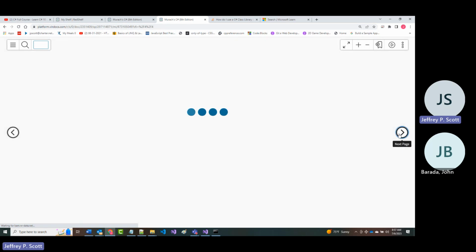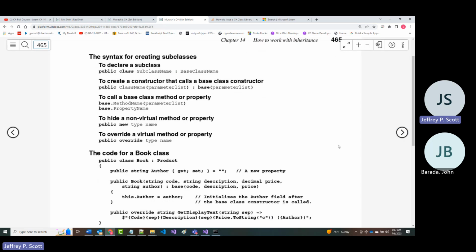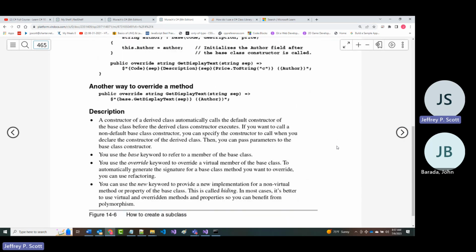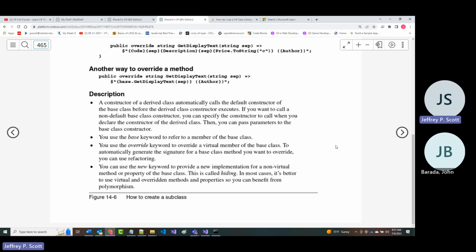It's a little bit different a concept, and it may take some time for you to wrap your head around what's going on in here. That's why, as I mentioned, I plan on Monday going through and doing a couple of examples of these, not ones that are in the book necessarily.